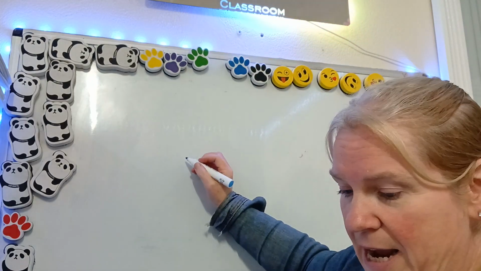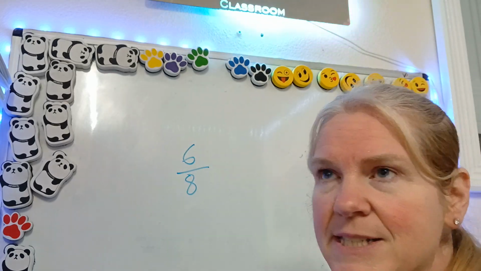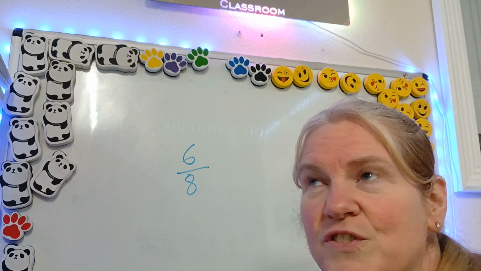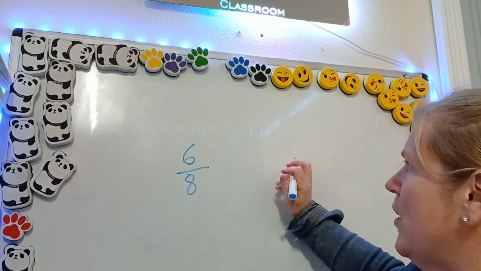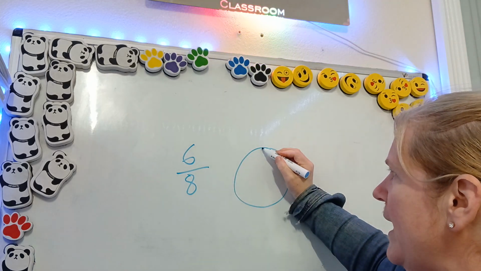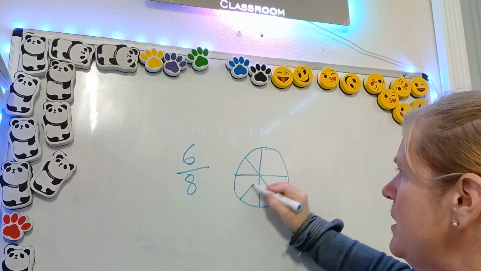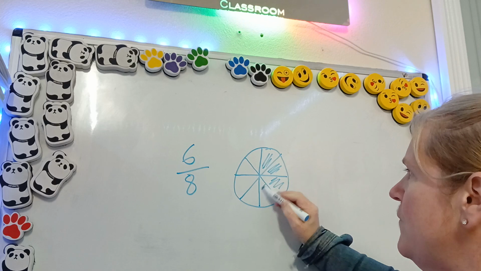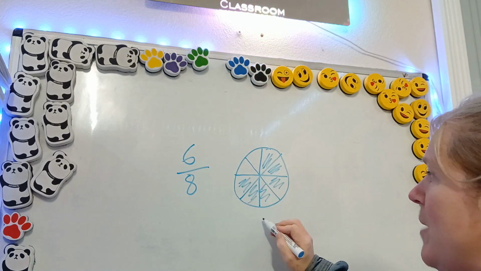If I had 6 over 8, and I've been asked to simplify that. To simplify it means to make it smaller numbers. So 6/8 is exactly the same size as another type of fraction. You can just say it in an easier way. So if I have this cut into 8s, it's always pizza when I do it this way, and I need 6 of them. 1, 2, 3, 4, 5, 6. You'll notice that this is exactly the same as